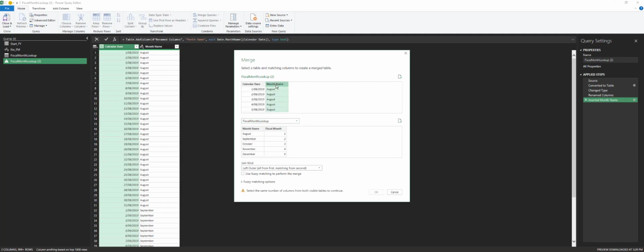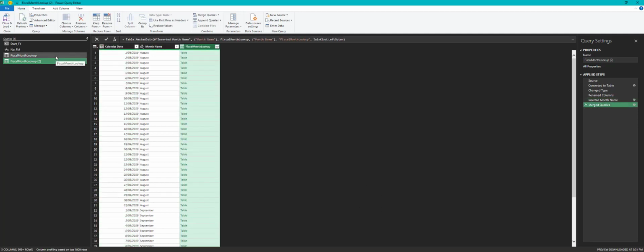So we want to select the month name from the top section here, and we want to select the month name from this bottom section here. And we can see that the selection matches 1097 of 1097 rows of the first table. So just click OK. And then we're going to be presented with another column that's going to allow us to